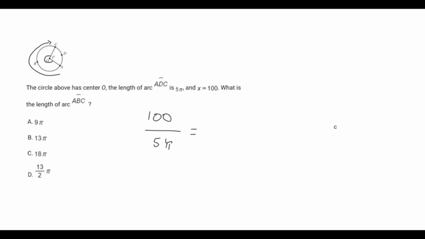Well, we can, because we know there's 360 degrees in a circle. And so if angle X is 100 degrees, we're left with 260 degrees, right? So this will go on top. And now we can actually pretty easily figure out what our length of arc ABC is by just finding this corresponding value, right? To do this, we have to do some simplification, or we can just find the